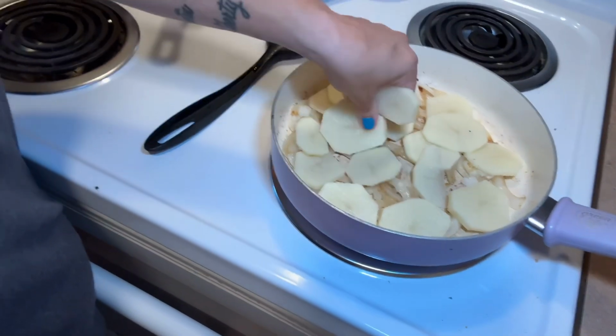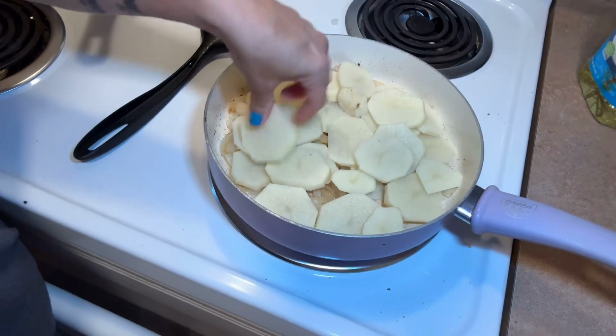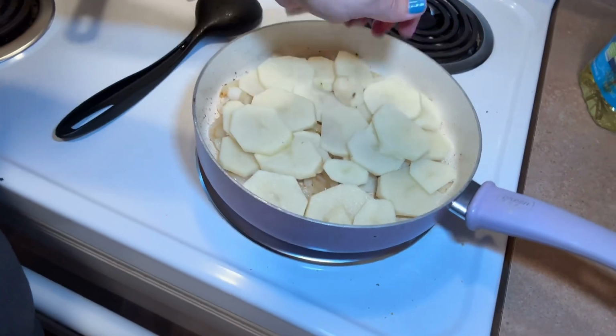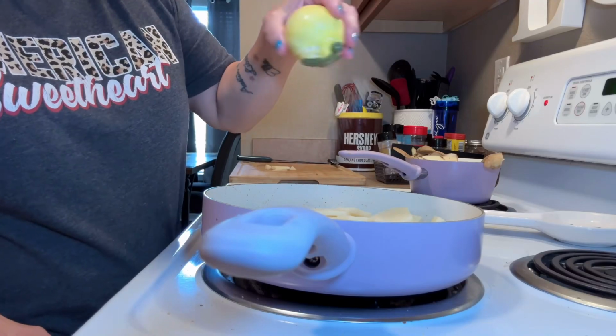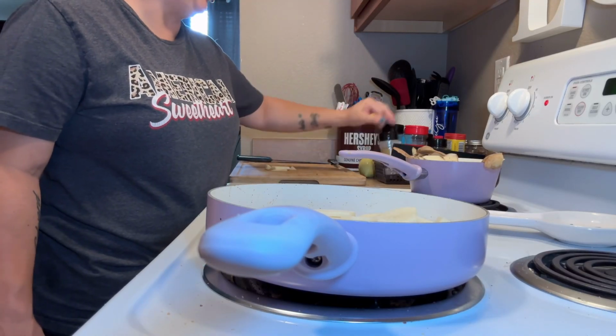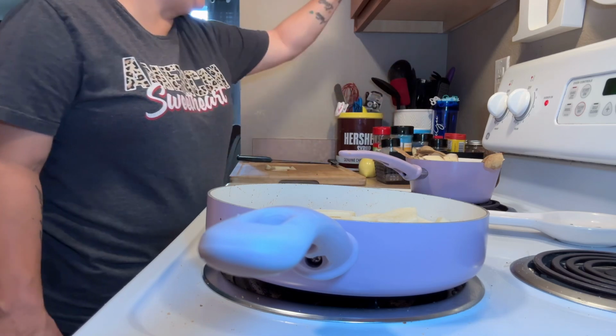I might have sliced too many, but hey, that's okay. Okay, I think that will be just perfectly fine. Let's get some seasoning on these bad boys. So, the seasonings that you want to put, that's pretty much up to you, because you just season